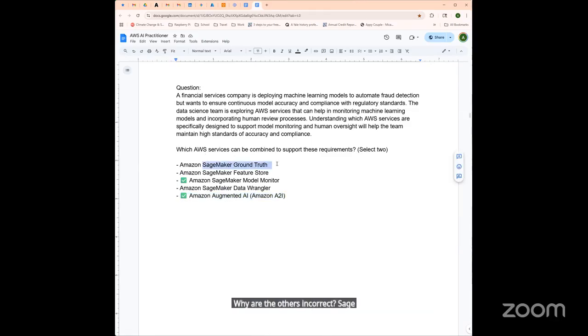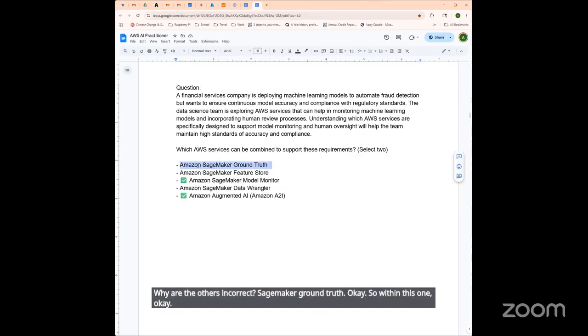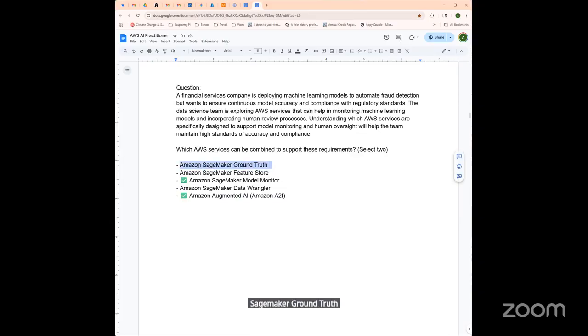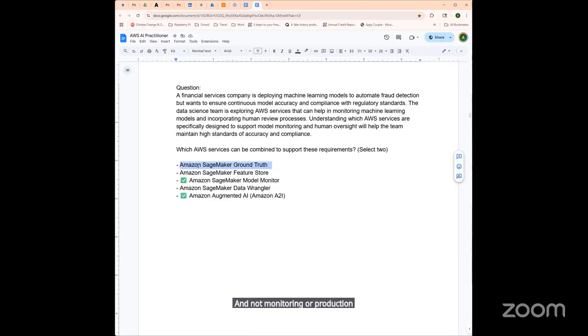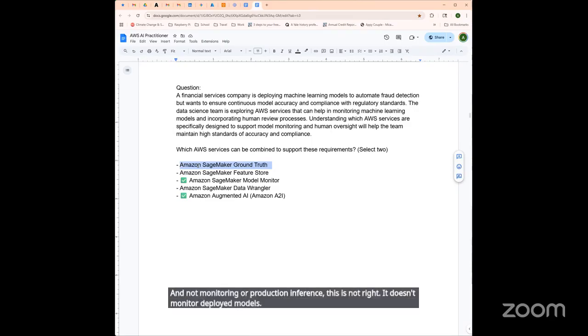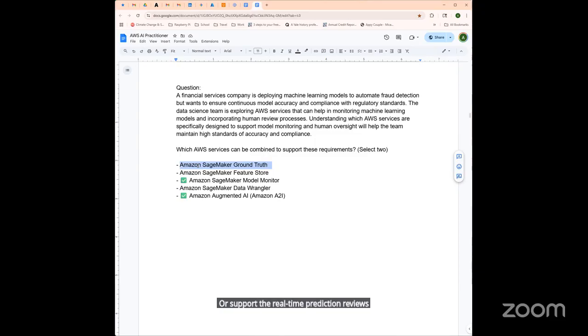SageMaker Ground Truth. This is used when you're building labeled data sets for model training and not monitoring or production inference, so this is not right. It doesn't monitor deployed models or support real-time prediction reviews. It goes for the human in the loop.